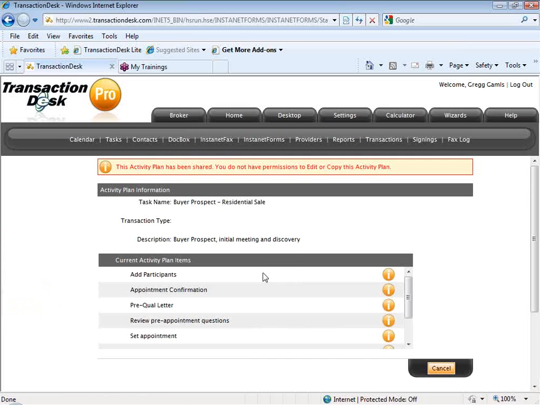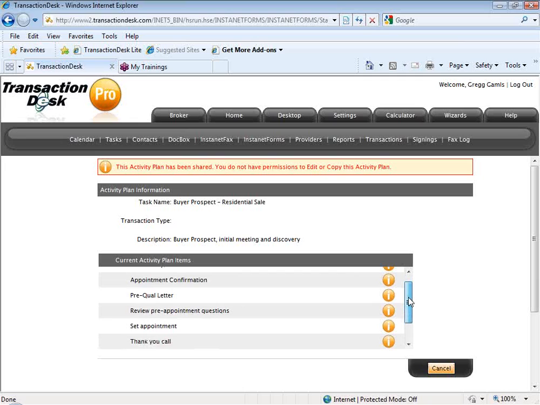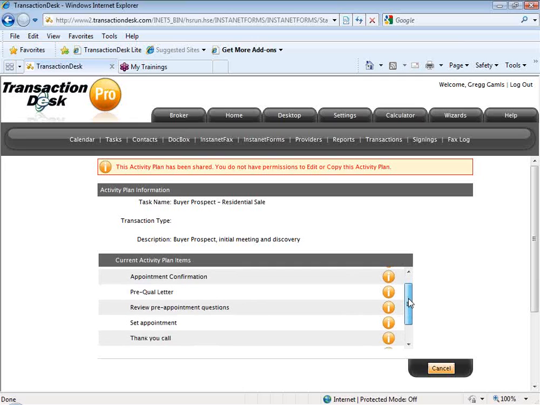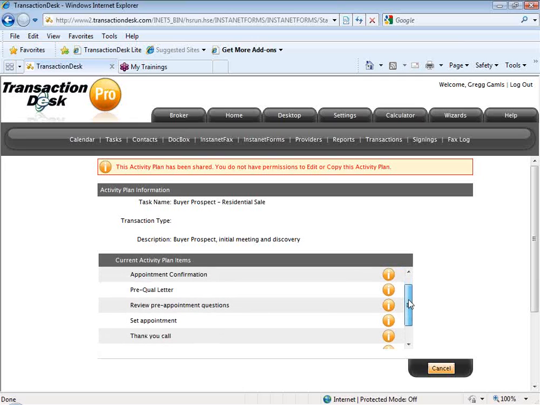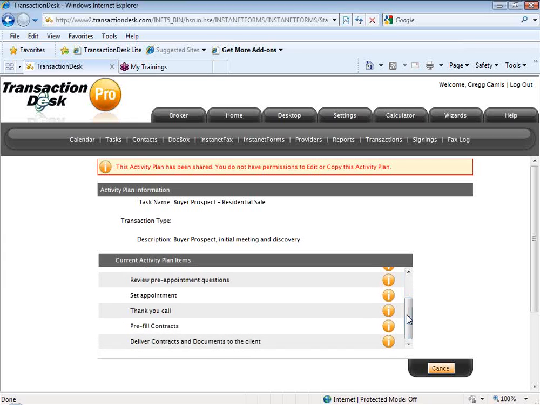The activity plan contains task templates: adding participants to my file, confirm my appointment, pre-qualification letter from my buyer, review pre-appointment questions, set the appointment, thank you, pre-fill, and so forth. These are the individual task templates, the workflow items. They are all incorporated into the activity plan, buyer prospect residential sale. So you can